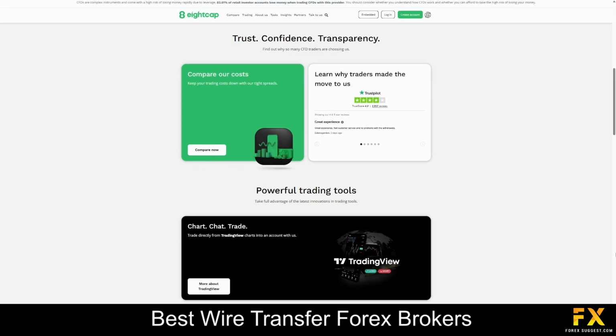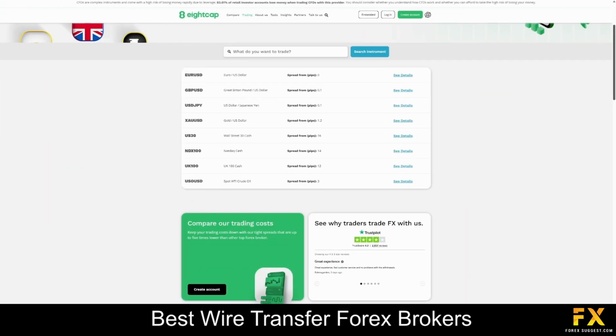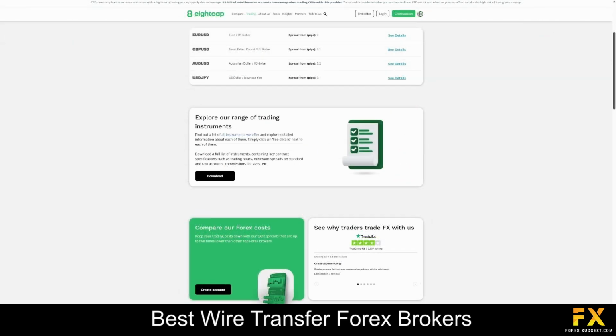Eightcap offers a wide range of trading instruments across multiple asset classes, allowing traders to diversify their portfolios with ease. Clients can trade Forex pairs, indices, commodities, shares, and a large selection of cryptocurrencies. With competitive spreads and flexible leverage, Eightcap provides access to both traditional and emerging markets through powerful platforms like MetaTrader